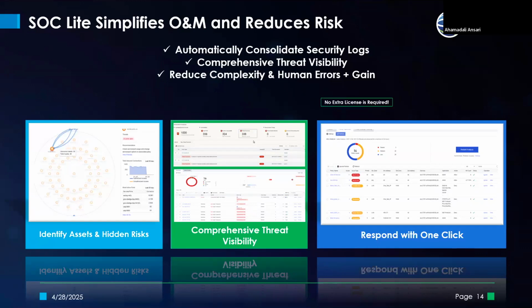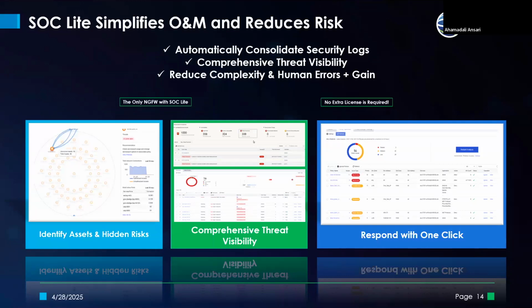With most traditional firewalls, you need a reporting server or a cloud license for reporting, or an additional subscription. With Sangfor, this comes completely free. It is the only next generation firewall that can help you have a SOC operation in a lighter version, and give you full visibility from the endpoint perspective and the firewall perspective.